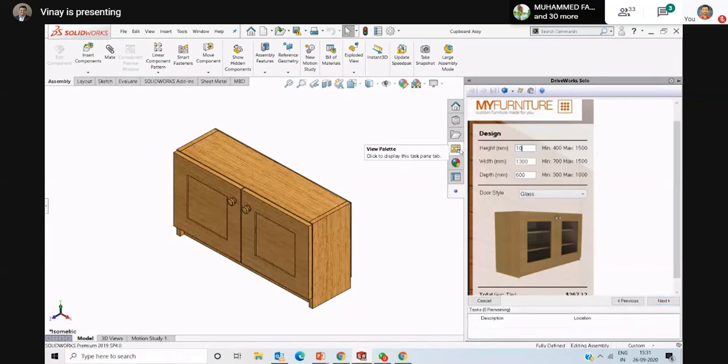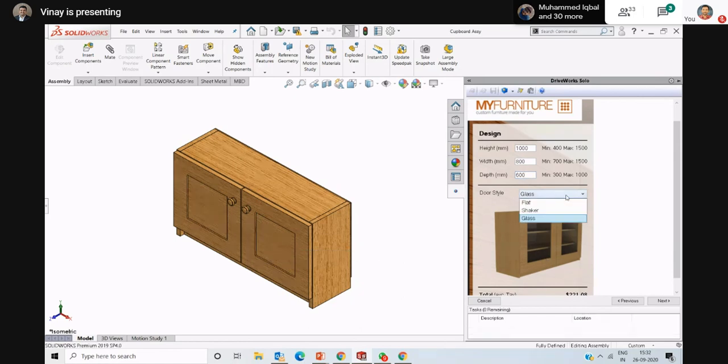So I need a height of 1000, a width of 800, and a depth of 600, let it be. Like this I have given the dimensions; the customer will give the dimensions like this. And what type of door do I need?